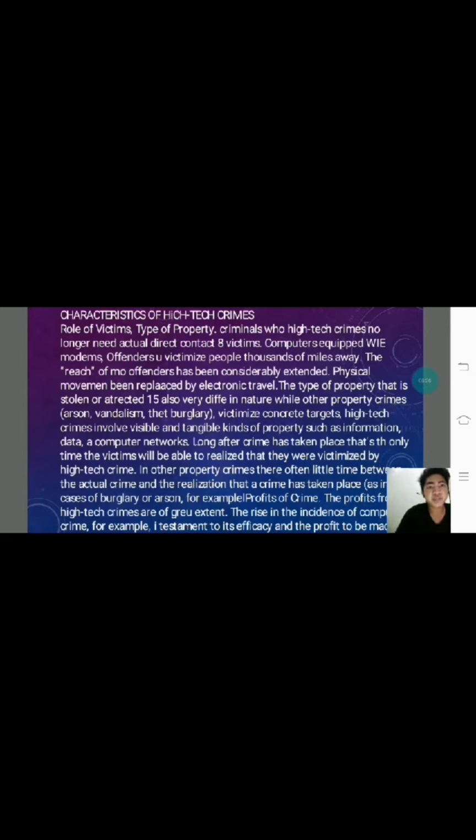Physical movement has been replaced by electronic travel. The type of property that is stolen or attacked is also very different in nature, while other property crimes, such as arson, vandalism, theft, and burglary, victimize concrete targets. High-tech crimes involve less visible and tangible kinds of properties such as information, data, and computer networks. Long after the crime has taken place is the only time the victims will be able to realize that